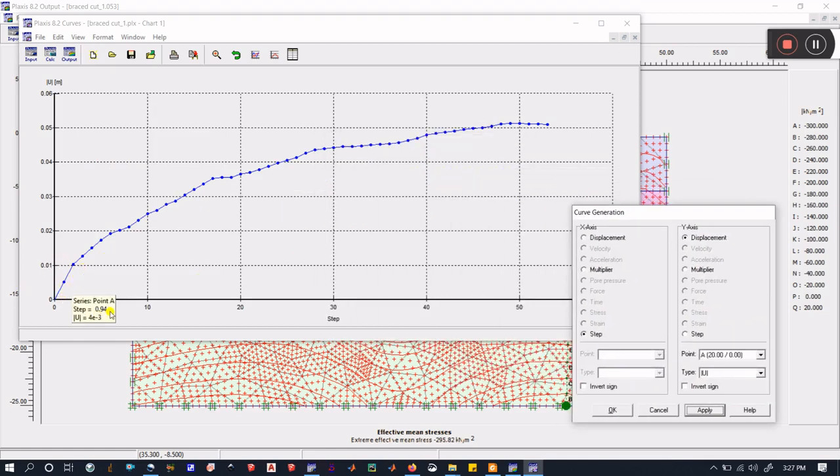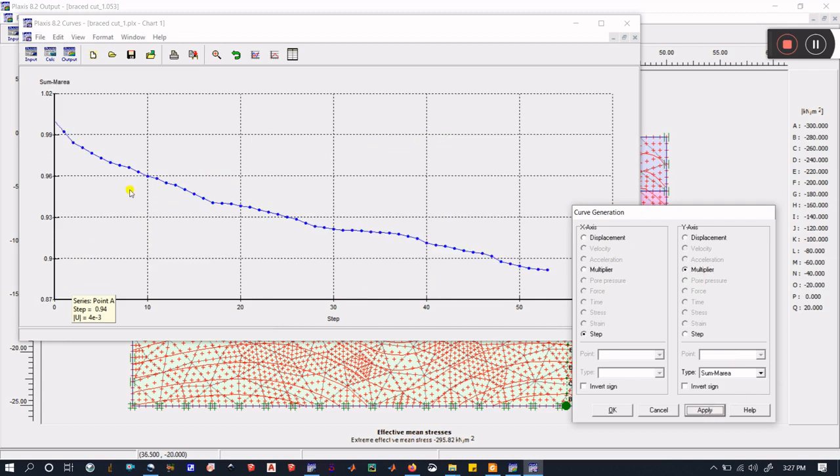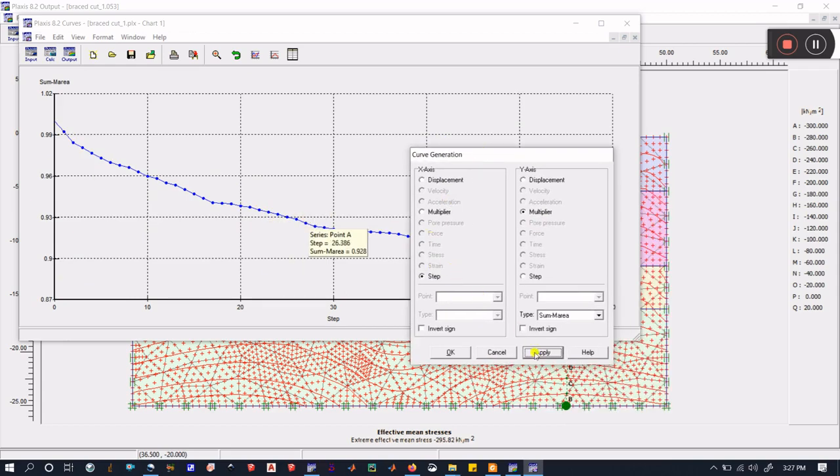You see it will show that as your step of calculation increases, how your displacement is increasing. So you can consider that after the first excavation, second, third, and so on. And also you can see how the multiplier is decreasing over the calculation. So in this way you can see these curves based on your type of calculation.